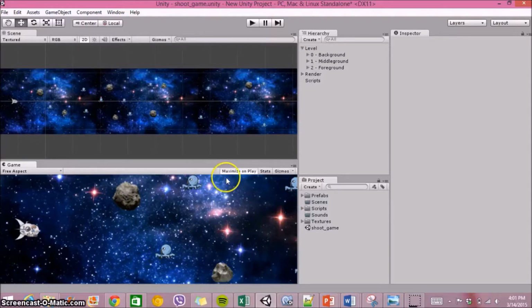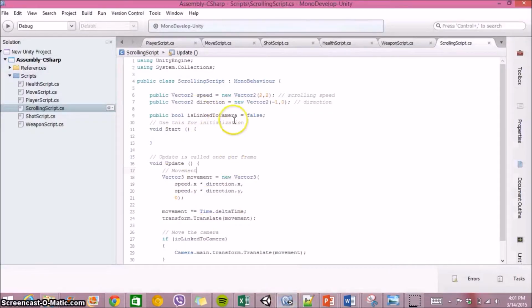We'll have two scrollings to achieve parallel scrolling. The player is moving forward along with the camera. Background elements are moving at different speeds. So this is the code for the actual scrolling script.